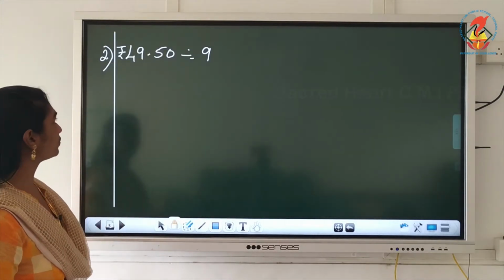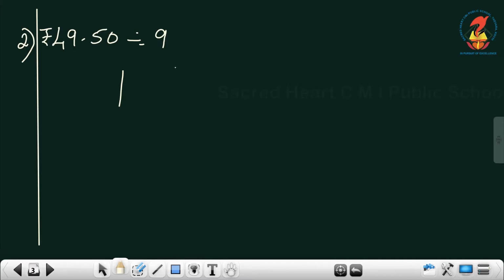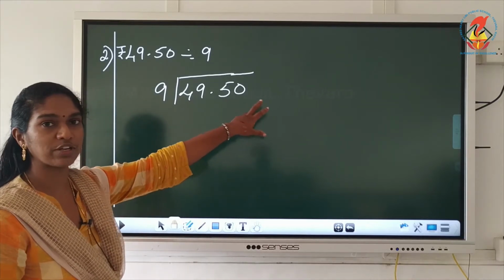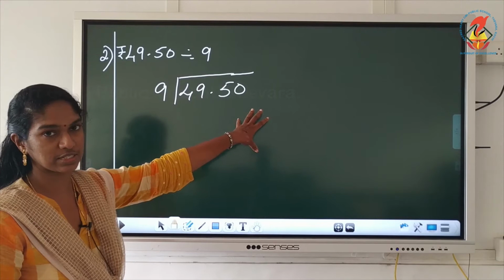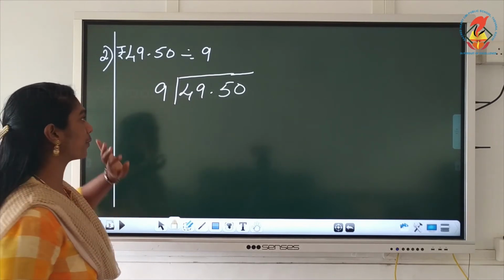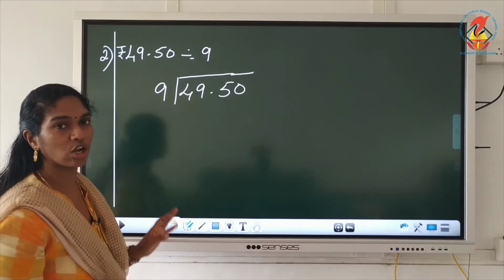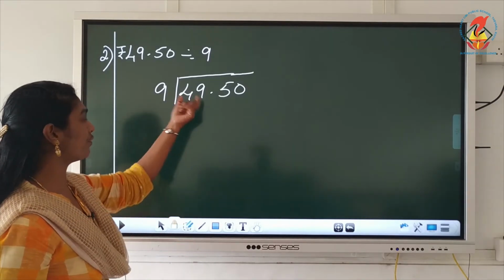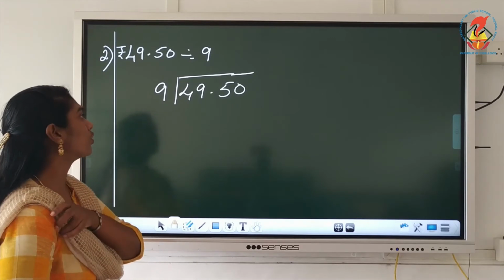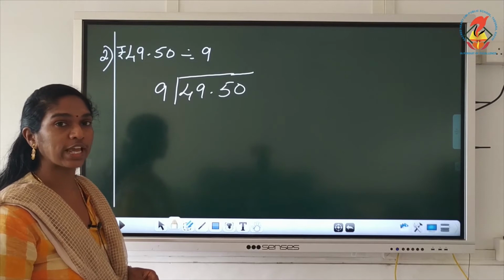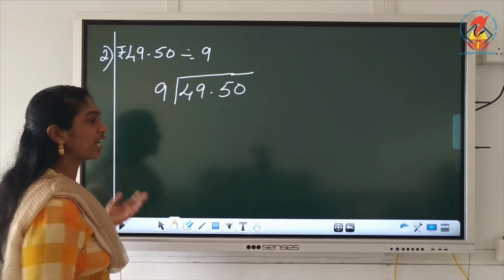Okay. Now, this is a different type. Here you have to be very careful when you are dividing. Here you have the rupees and you have the paise column. This is rupees 49.50, 49 rupees 50 paise. Be very careful when you are dividing. Starting with the first digit 4, 4 is smaller than 9, so we cannot start our division. So we will take 49. Now 49, 9 table. Find a number less than 49. Where will you get? Yes, 5 9s are 45.